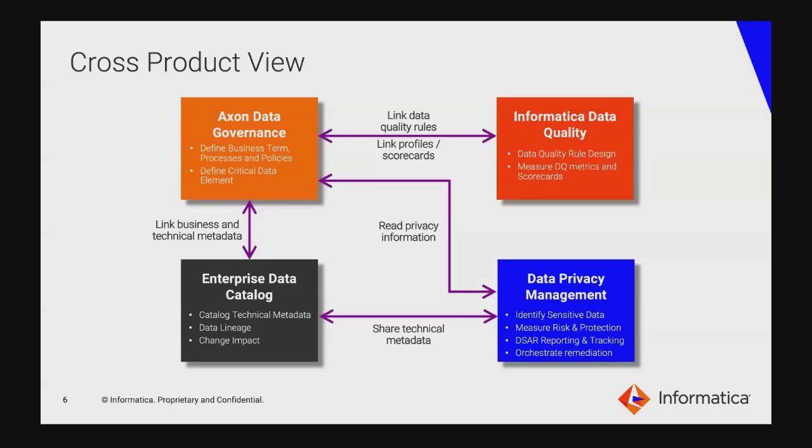But what we are going to discuss today is how Enterprise Data Catalog and Data Privacy Management work together. Data privacy management goes in and identifies sensitive data. It identifies how much sensitive data you hold within your organization. It measures risks. It provides you a risk score at a specific data store level or across your organization. It also provides mechanisms by which you can apply protection on that data. It calculates the metrics associated with protection and provides you with a dashboard that tells you how much of your